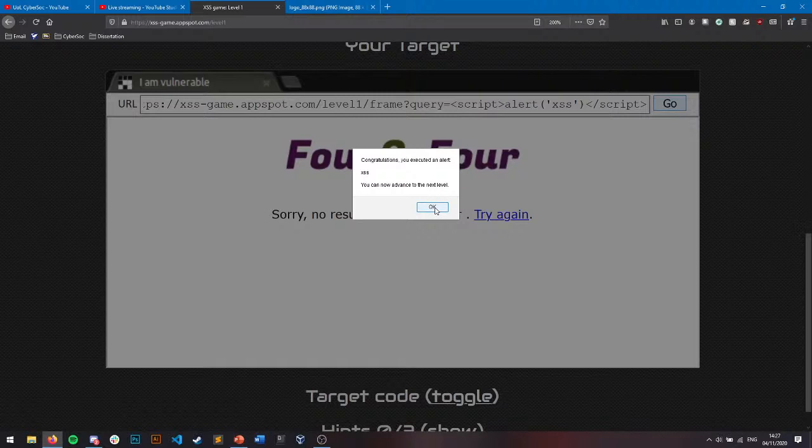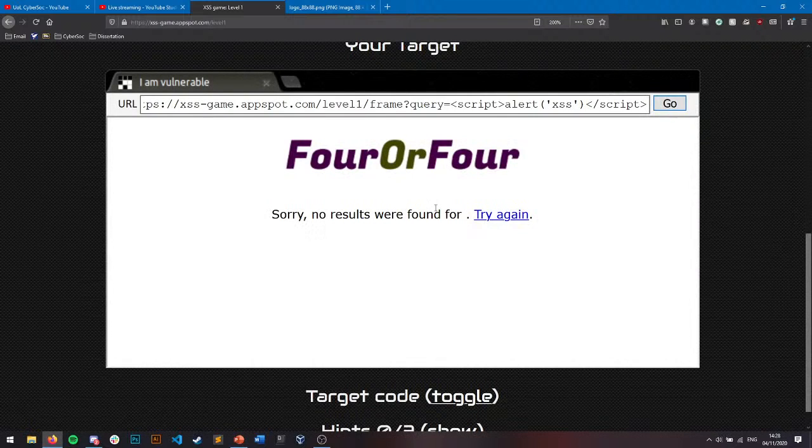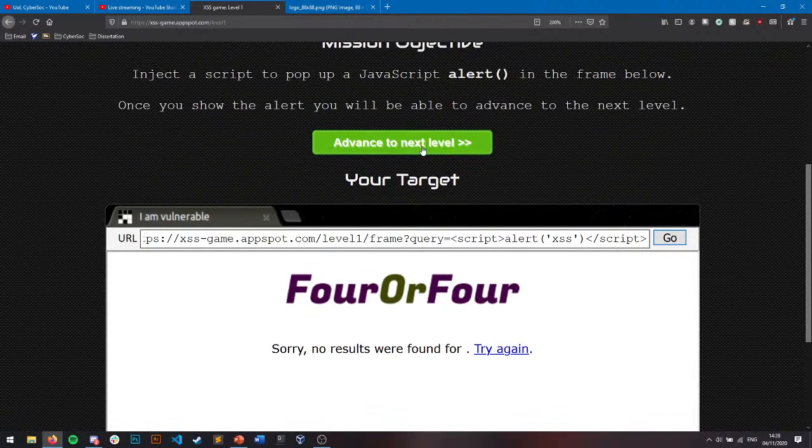So this is an example of reflected XSS. This won't be stored on the server. And actually, recently someone found one in the Google search page. It was a really complex attack, but really, really smart. And it just goes to show that these do still exist. So if we go to the next level,